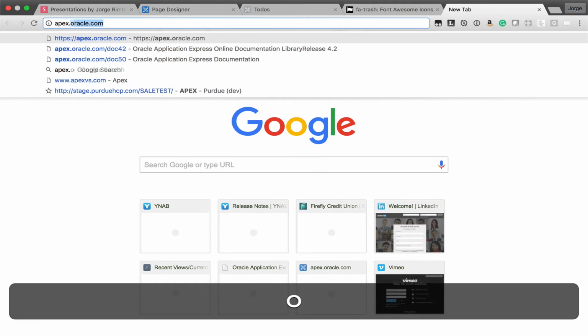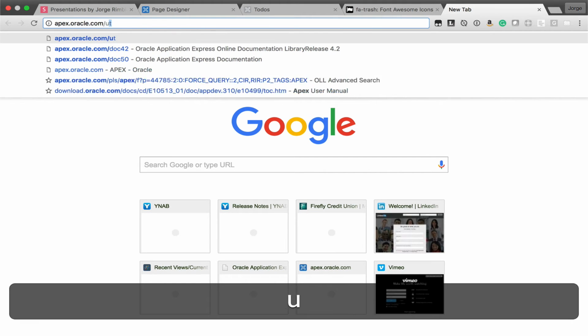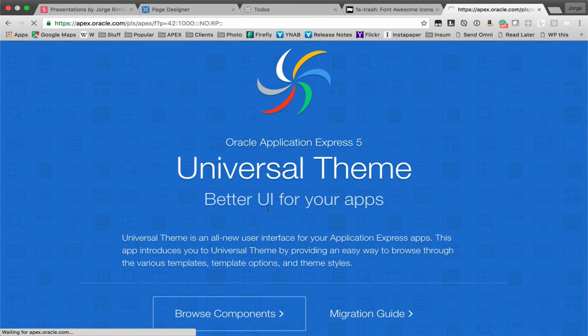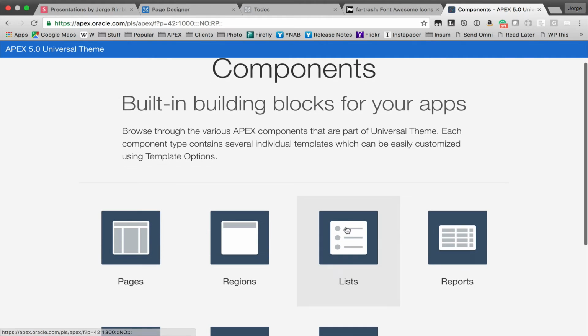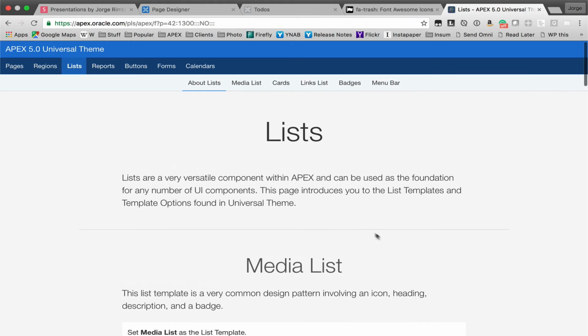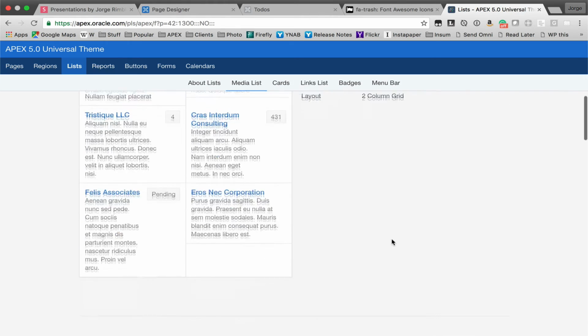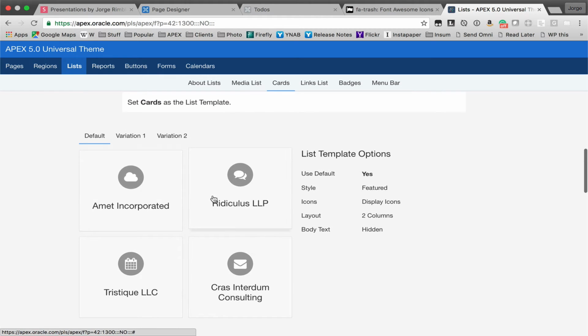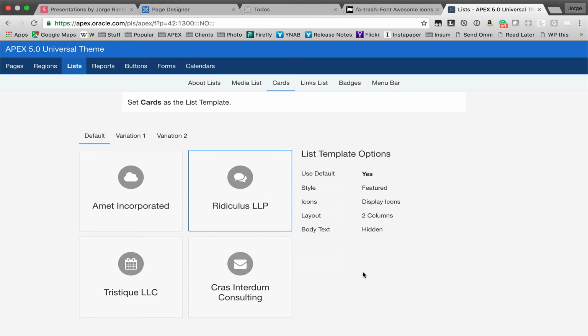If I go to apex.oracle.com/ut, that takes me to the universal theme sample application. I'm gonna click on browse components, click on lists. We're gonna borrow some elements from here. You see how these guys move and they get a shadow? I like that. I kind of want to put that in place in our list. So I'm going to inspect this. And